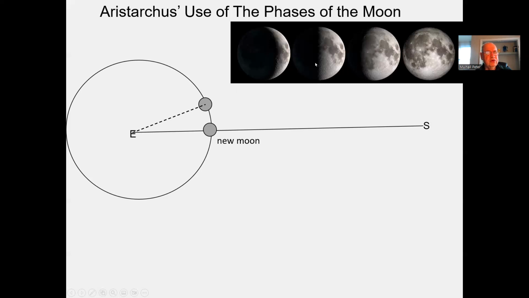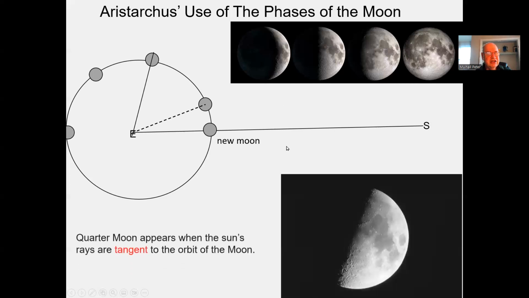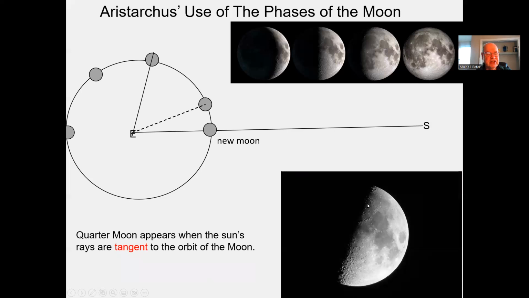Where is the quarter moon? When is the moon half lit? Okay. Here, approximately. We would get the gibbous moon further back, and finally the full moon. So is there a geometric characteristic of exactly the quarter moon? And Aristarchus says, yes, you will get this exactly when the sunlight is just tangent to the orbit, the path of the moon. Okay. When this just kisses the path of the moon,